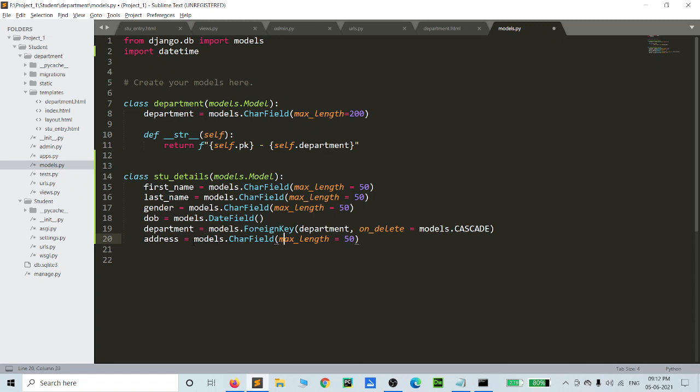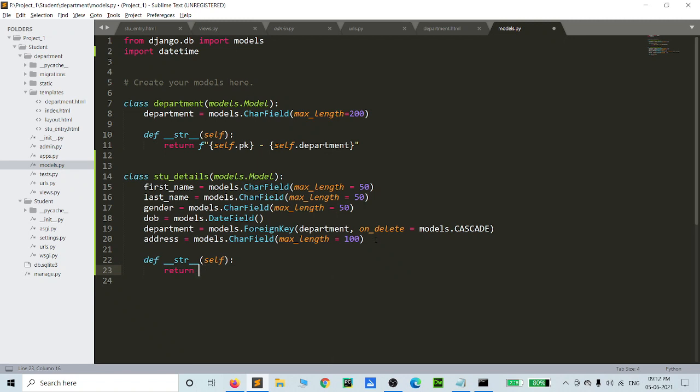So with the address section we conclude the fields. And what fields do you want represented in the admin section? Define the str function with self, then return.